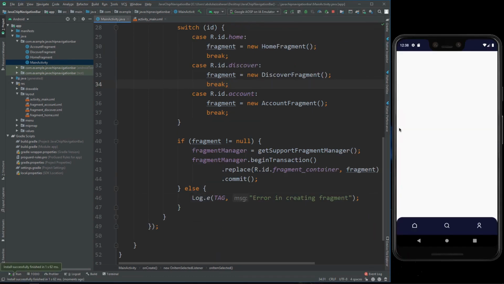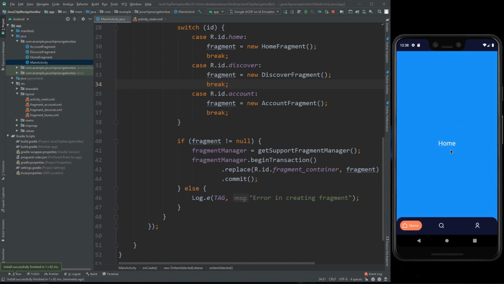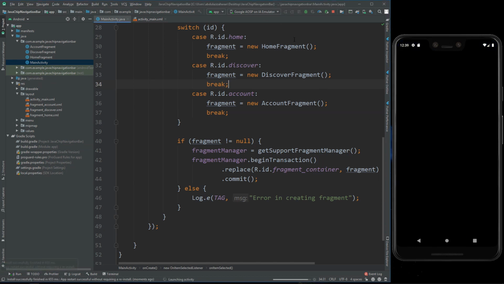So as we can see here, our application has been run. So let's click home. Okay, so our frame layout is replaced with HomeFragment, and let's click this. Alright, success, and let's click account. Alright, but let's restart again.